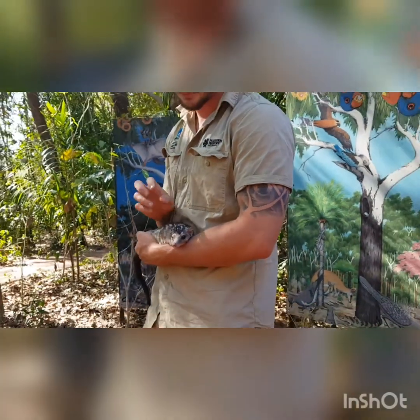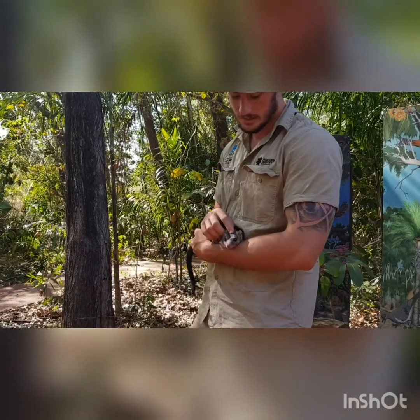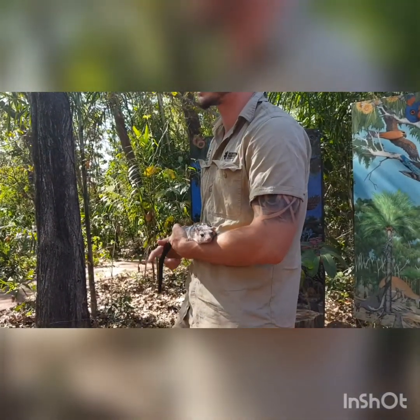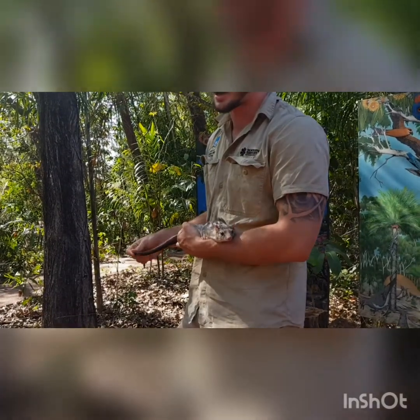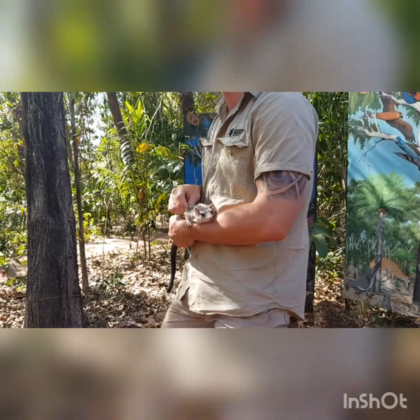In the NT we have the northern species, so the NT quolls, and these guys are actually critically endangered. In the wild there's not many left, there's only about 4% of the original population, and that's mainly due to cane toads, feral cats and